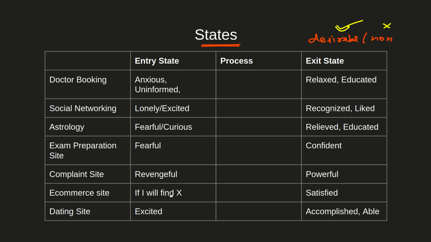On the e-commerce site, if I will be able to find X or something like that, right? This has changed quite a bit, so I will talk in detail about these things, because with time these interest rates might change and we might make it different. That depends on how exposed you are to these things, so based on that, these things change, right? And then dating sites. On the dating sites, at that time you are either lonely or excited, so both can be a state, right? That is the kind of thing.